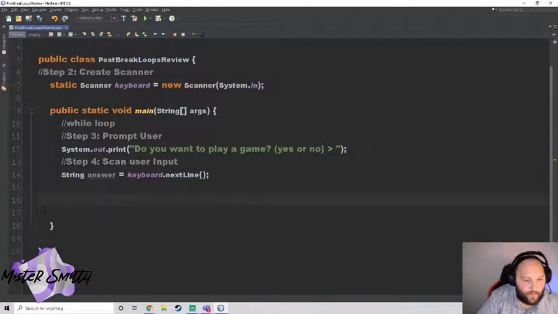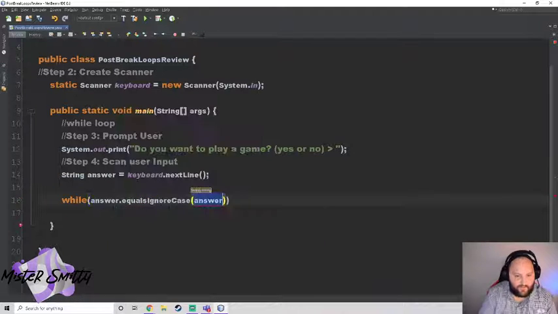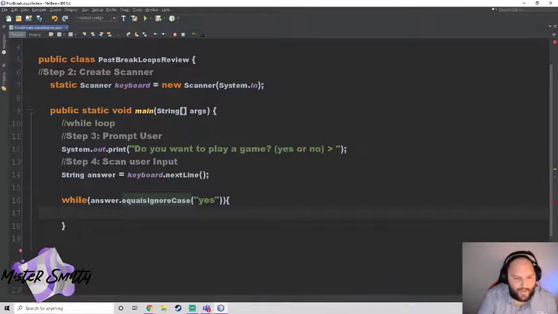So this is where the while loop comes in. What we can do is say while their answer dot equalsIgnoreCase yes. That way, if they do all caps or all lowercase, either way this will work. That's what equalsIgnoreCase does. So while their answer is yes, maybe we just print out